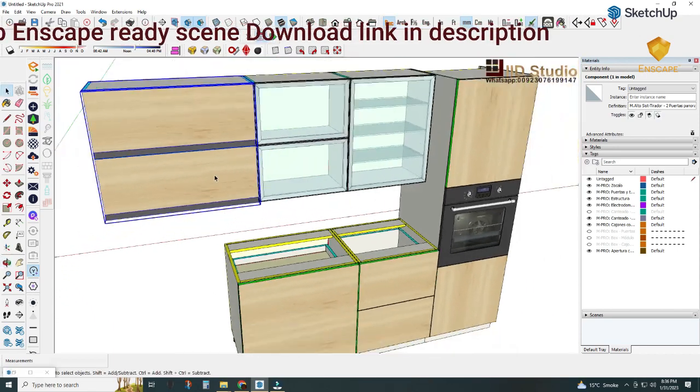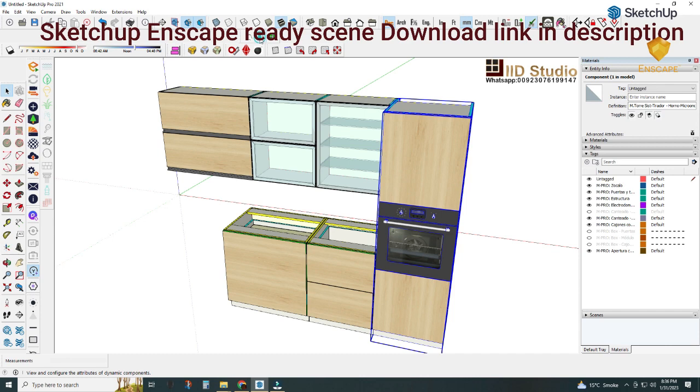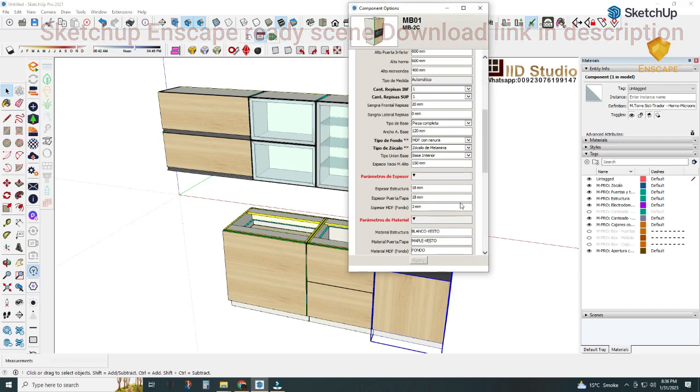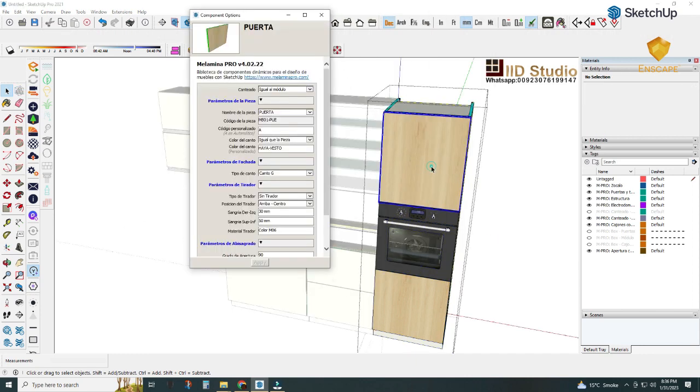Okay, and we will change also the handle type of this cabinet, here we have to change, double click on the door and change handle at bottom, and this one handle at top,